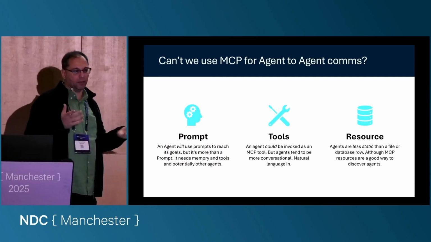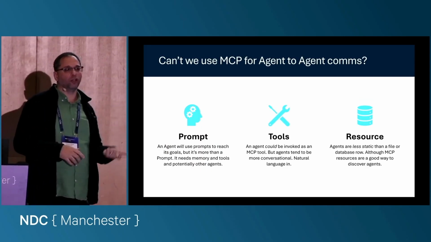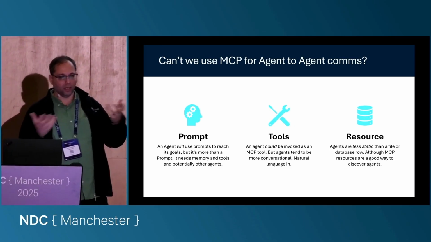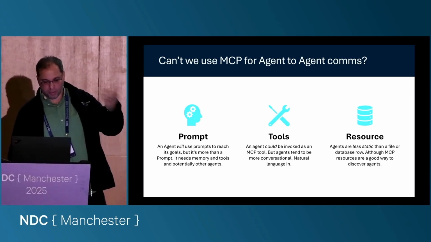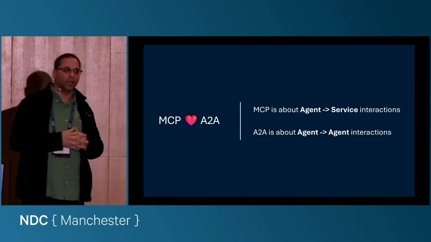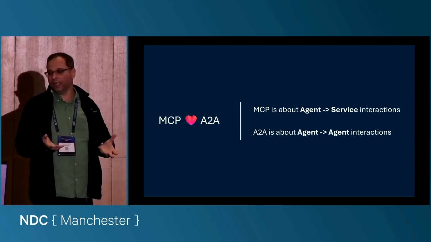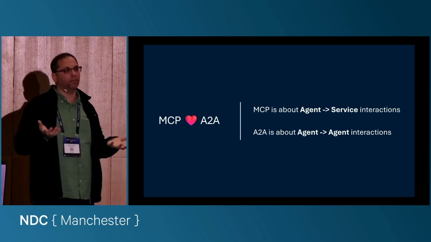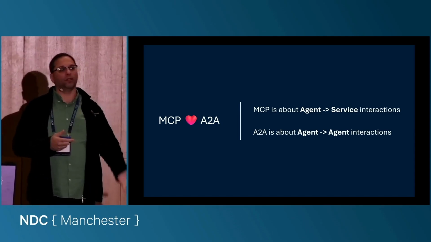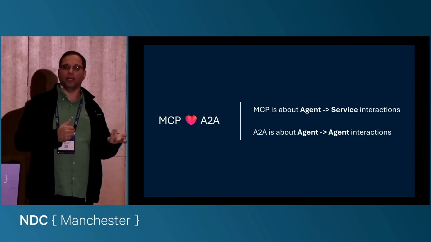And MCP, as I mentioned, is prompts, tools, and resources. Can we use MCP for agent to agent? How is MCP going to talk to a booking agent or a hotel or an excursion agent? That's not going to happen. MCP is good for those three things. But actually, MCP and A2A work hand in hand very well. When you think about MCP, think about agent to services. I need something, so I need to talk to a service. I need to pull out all my GitHub pull requests, or who has committed what, and analyze that. Then you're calling an MCP server to feed it back to your LLM to analyze all of that. That's possible. But when you talk about agent to agent, then you're talking about the A2A protocol,